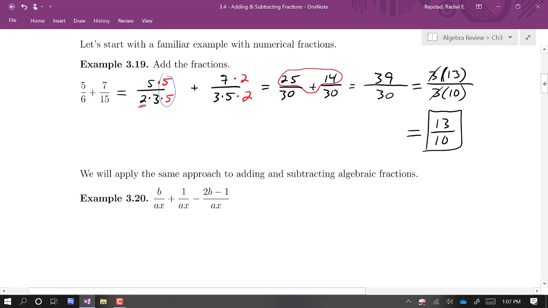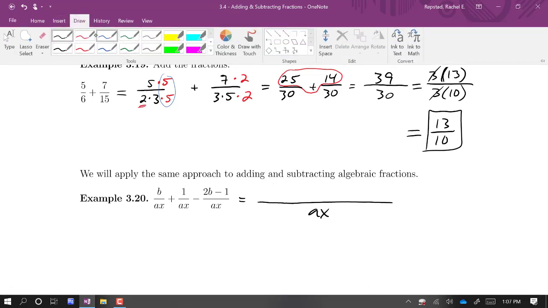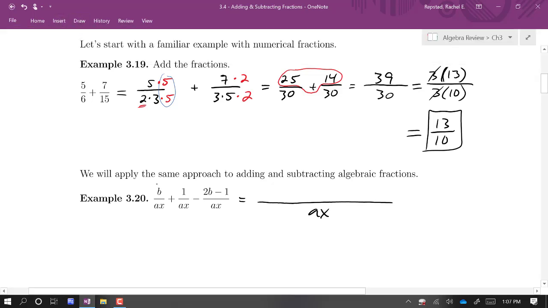So this process works the same way with algebraic fractions. We need to have a common denominator. Now in this example, we already have a common denominator of ax. So that means I'm ready to add them. And I'm just going to do the operations indicated, this addition and subtraction,